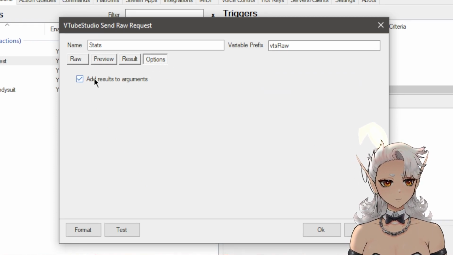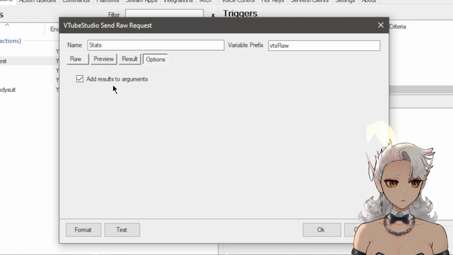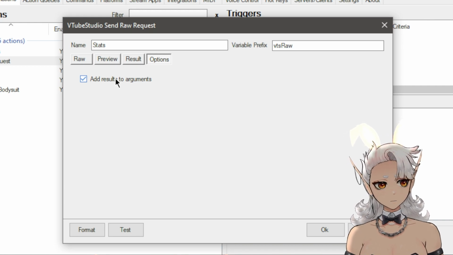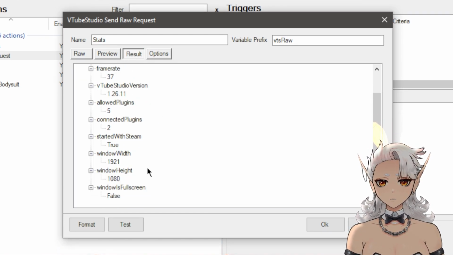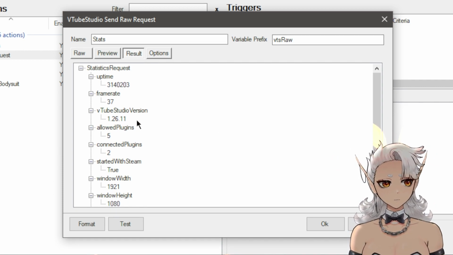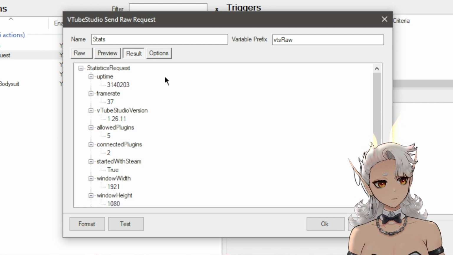We have a grand list of options here with a total of 1. Despite there only being 1 option here, this option is pretty significant. It lets you save these results to arguments. So it will actually take all of this information and store it for you, so you can reference it later in other sub-actions,